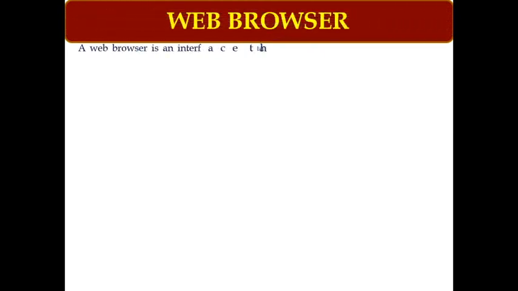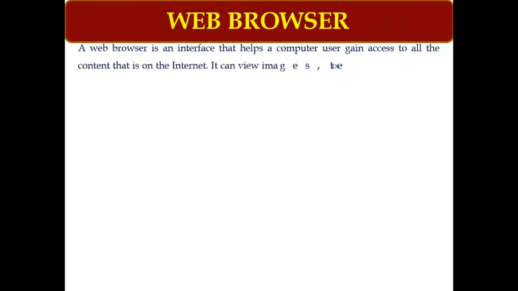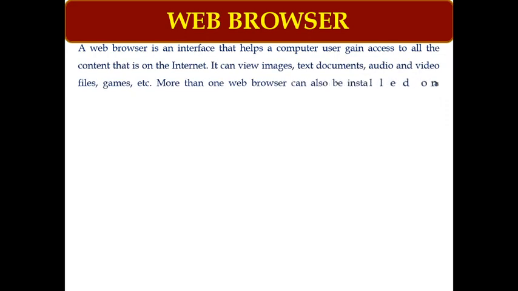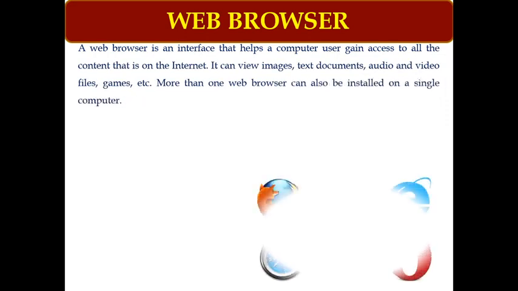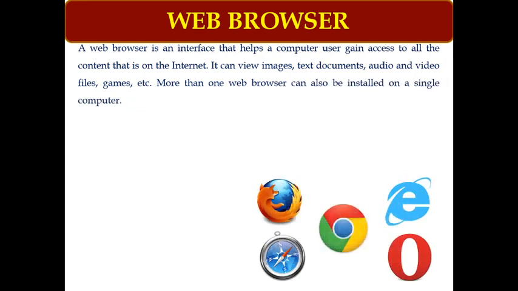Coming to the web browser, it is an application software, and this application software is used by the client to access the internet. Using the internet, we can access multimedia content, we can upload our documents, and we can also download documents from the internet.